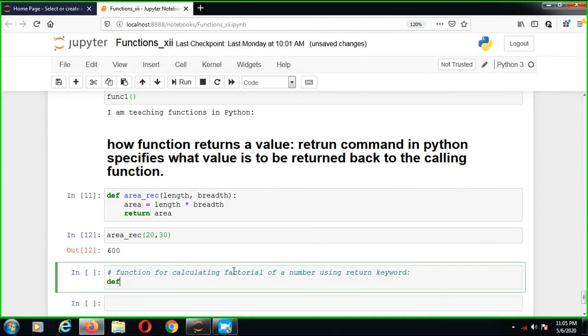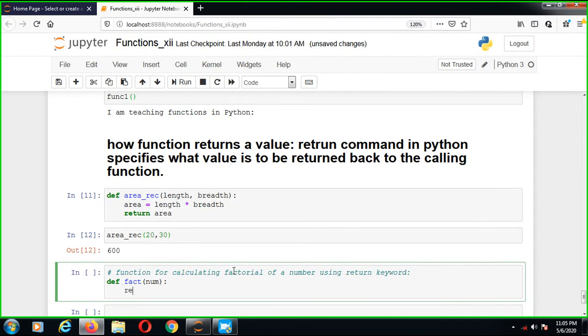So first def fact, and the parameter is number, then press enter.